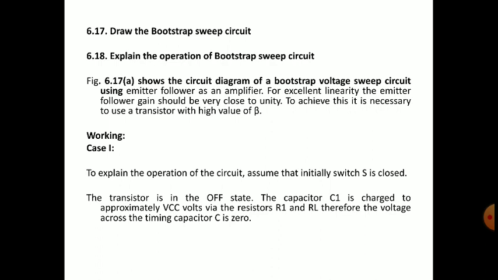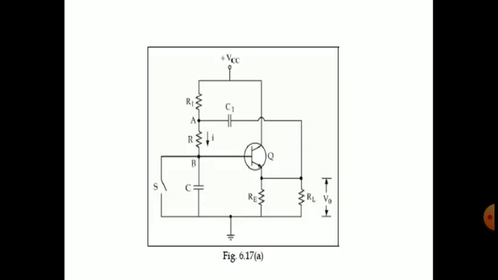First, we have assumed that the switch is closed. The transistor is in the off state. The capacitor C1 is charged to approximately VCC volts, because when the transistor is in the off state, there is no supply voltage to this transistor, as I is 0, so VCC is directly applied to C1 through R1. Through R1, the capacitor will fully charge